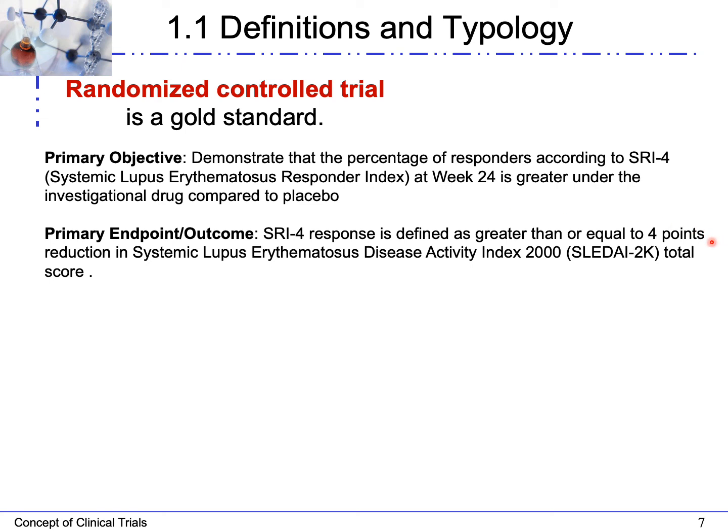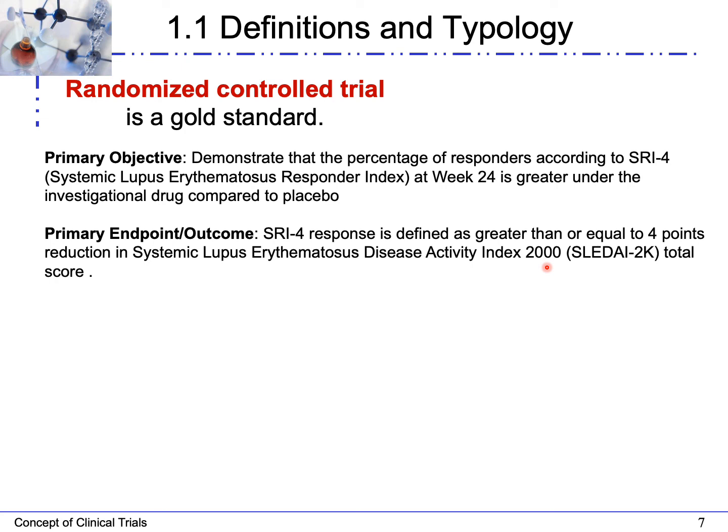So a responder is someone who has a greater than or equal to 4 points reduction in the SLE disease activity index total score from baseline, so from before receiving the treatment. This SLE disease activity index 2000 is a composite endpoint that is a total score out of 24 clinical assessments